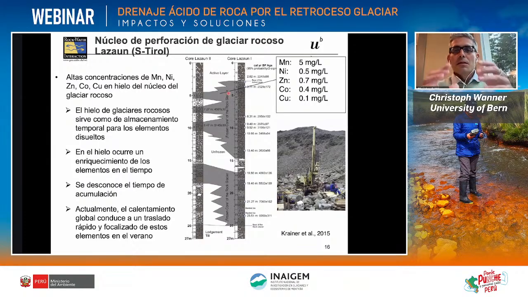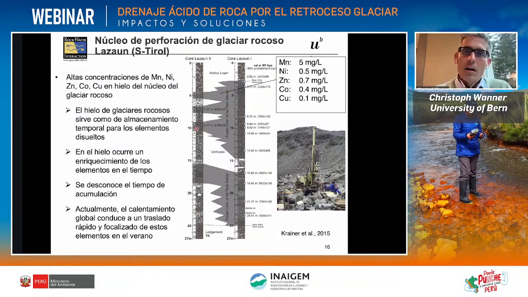So this means that once the solutes are mobilized from the rock due to acid rock drainage, they are interimly stored in the rock glacier ice, and then over time they accumulate. So the concentration in the ice becomes larger. We don't know yet how much time you need to get significant accumulation in this ice, but what's clear is that nowadays in summer, because of climate change, when you have large ice melt from the system, we get very strong flux peaks in summer related to this ice melt